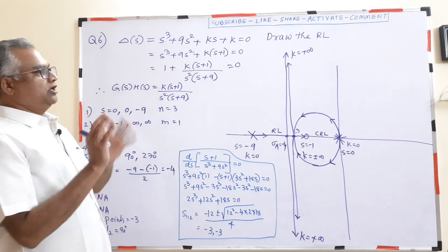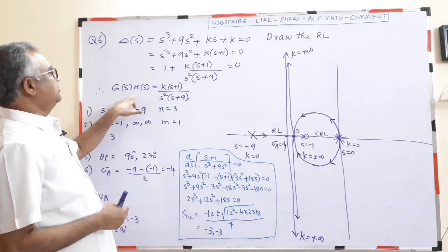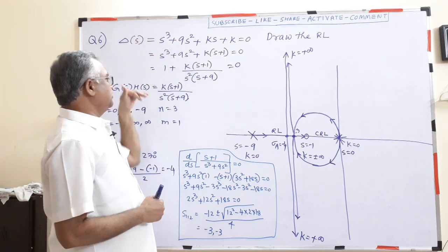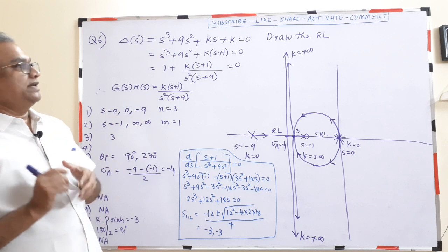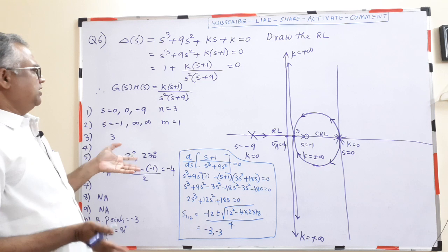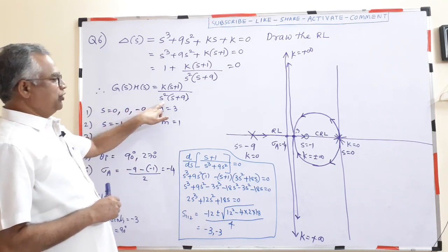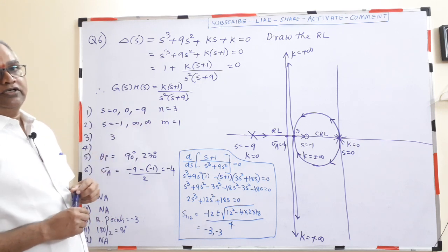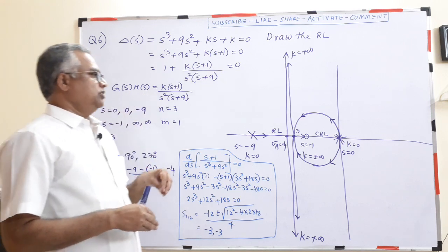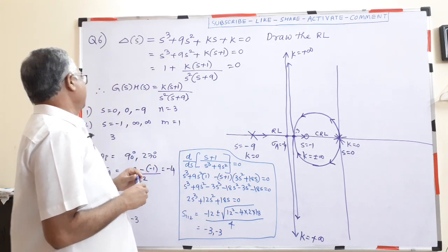If you don't know this, you can't do the problem, because in most of the problems this is given directly. We worked on those. But here delta of s is given, and you should know how to convert that into this form. That is the only extra information you get in this problem. Then the rest of the things are the same. Another uniqueness in this problem is s square. It has two poles at s equal to 0. When we have multiple poles, how to take them up, we have not done till now. So this problem will take care of that also.